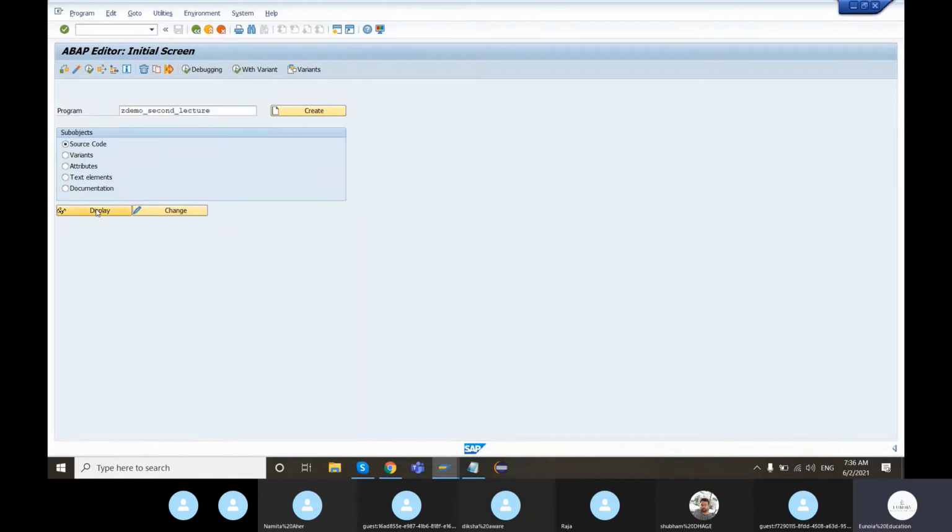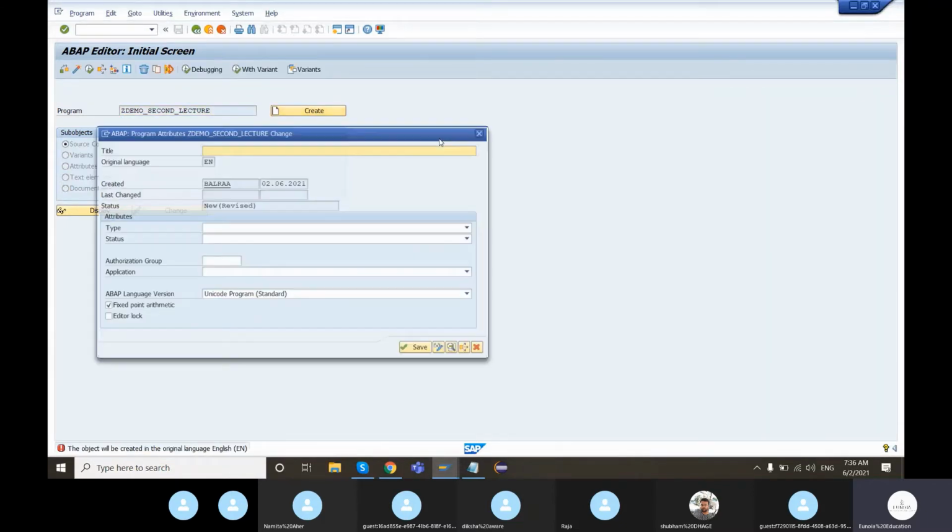Just click on display to check whether a program with this name exists in the system. If not, it's going to give you an error that this program does not exist. Just go ahead and create one.